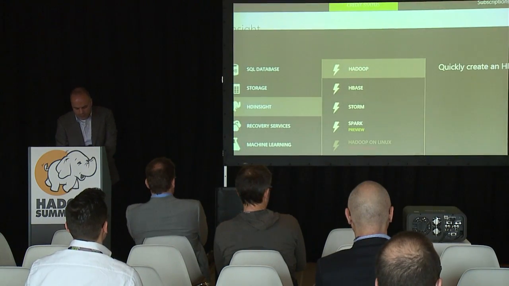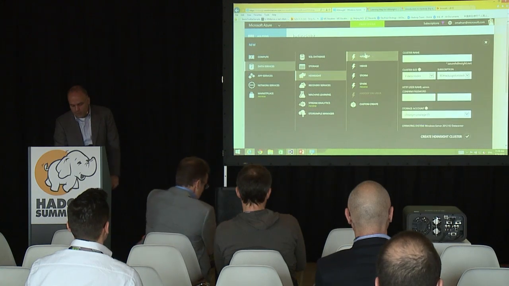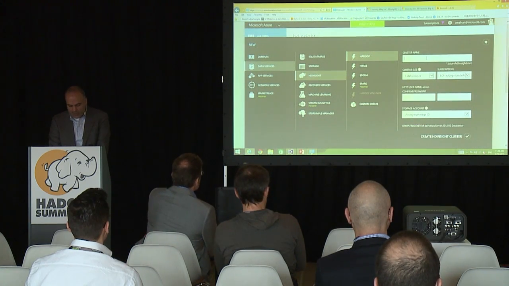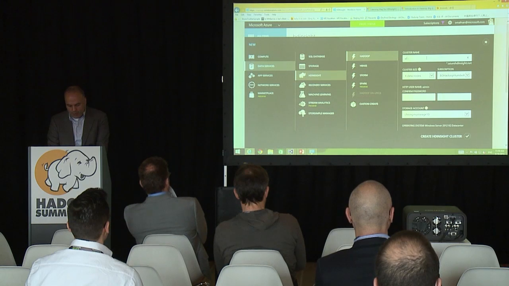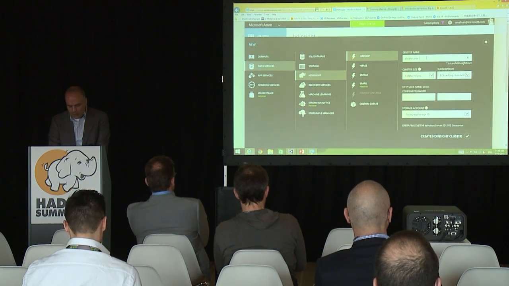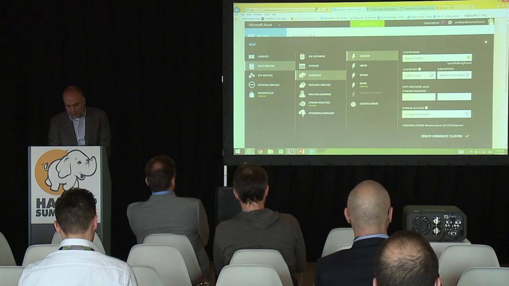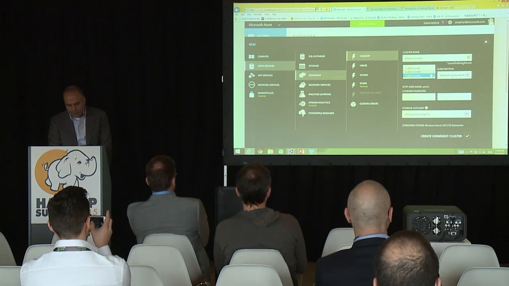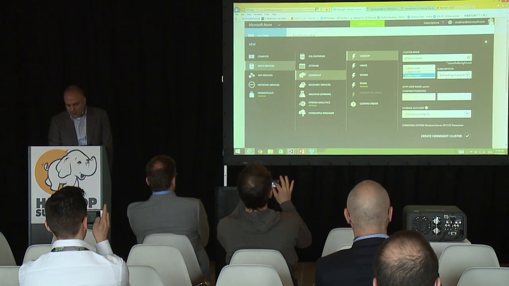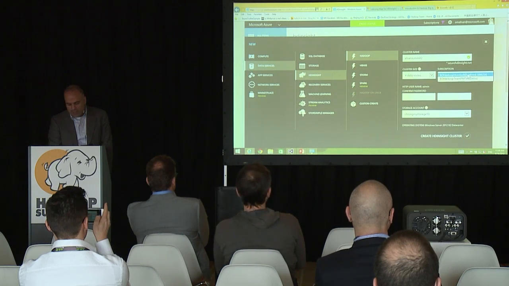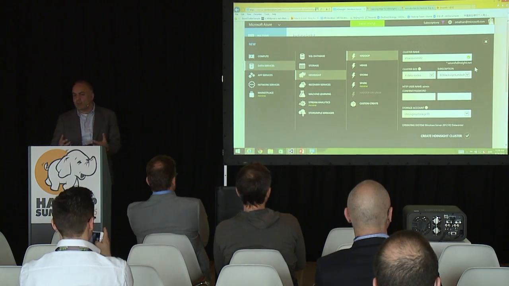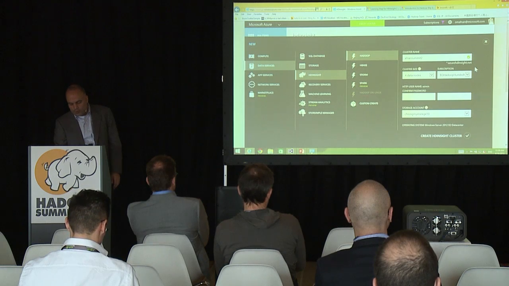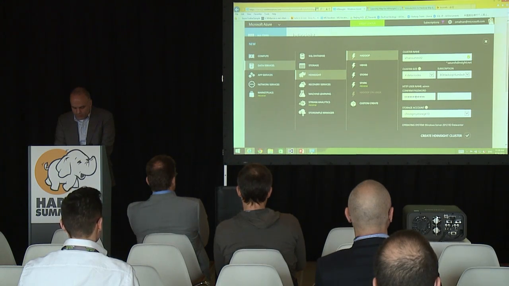But if I simply click now on Hadoop, I can come here and give this a name and choose the number of nodes that I would like to have. And you can change this number later. And I choose an Azure subscription, so all of the Azure payment system and billing is based on subscriptions. So I can choose a subscription it's going to be a part of. I can provide a password for administration purposes for when I later come into this portal.